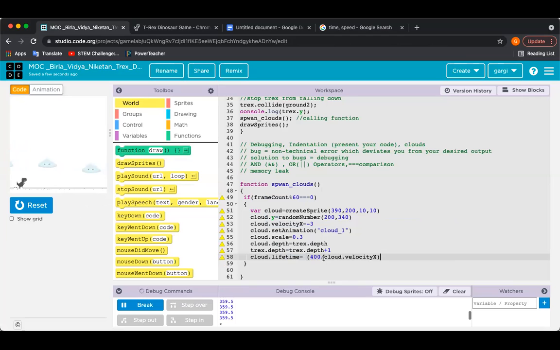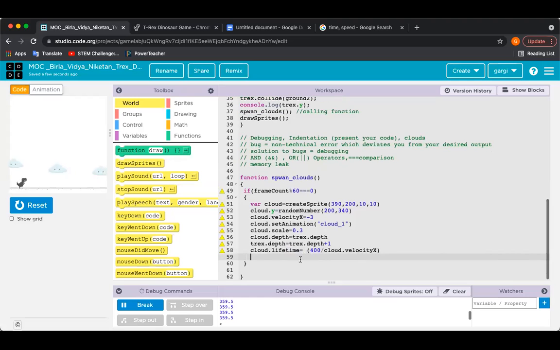If I don't put a number and just put the command, then if I make changes here, the same changes will be used here. Now I want to make this lifetime visible, so let me increase this. Let me make this as 10.